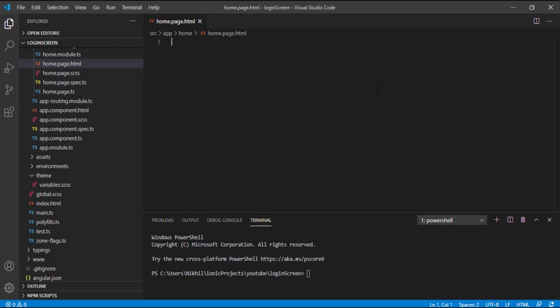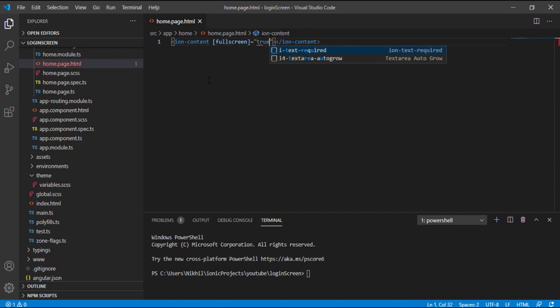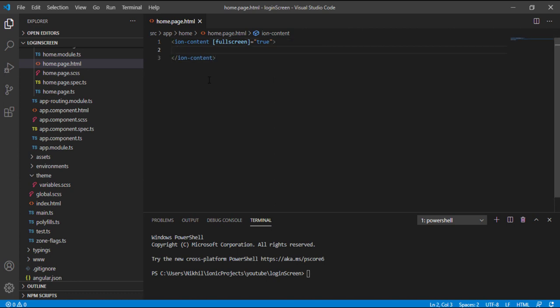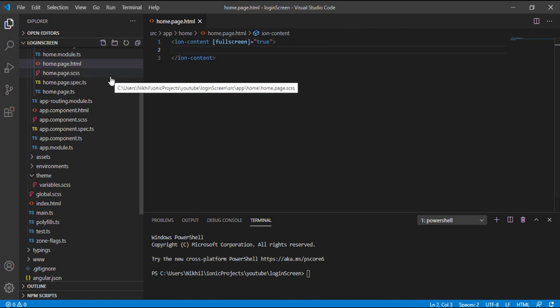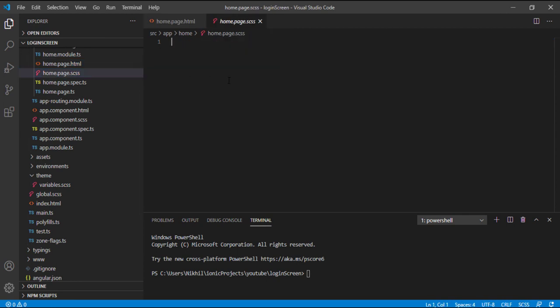So I have created a new project. Out here I have created a new project with Capacitor and the home page I have cleaned everything. Okay, now let's quickly get started. First of all, we are going to have an ion-content whose fullscreen I'll set to true, and within that we are going to have a lot of stuff, but we need to